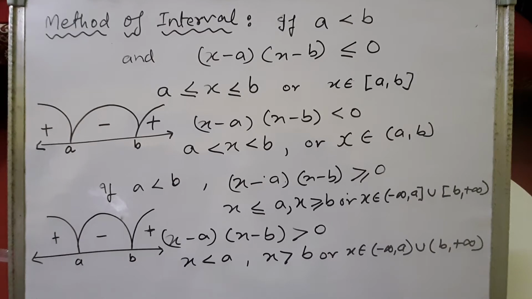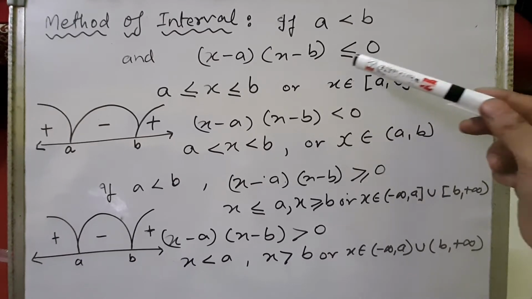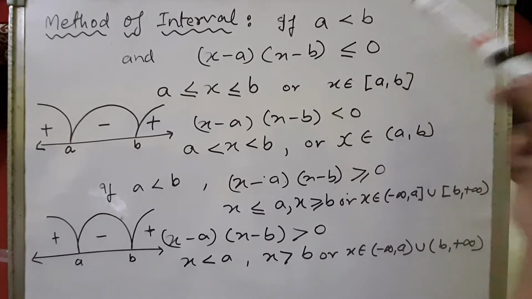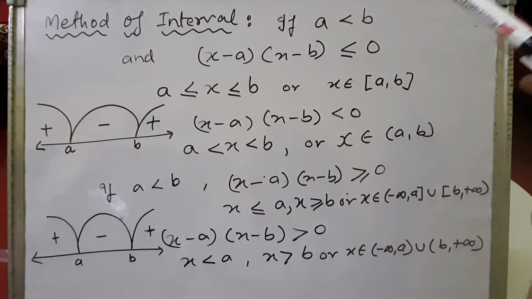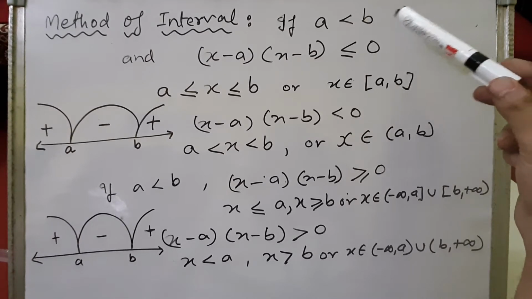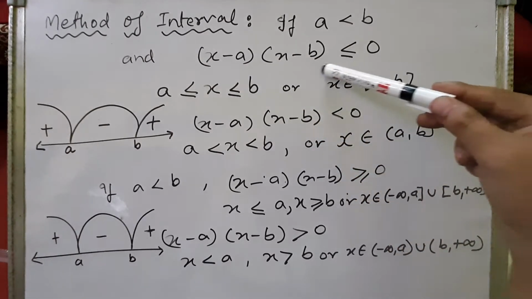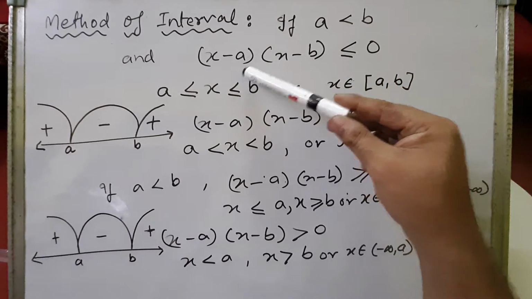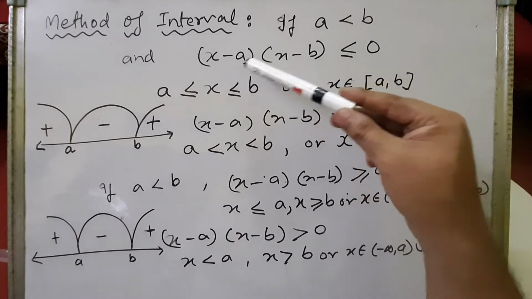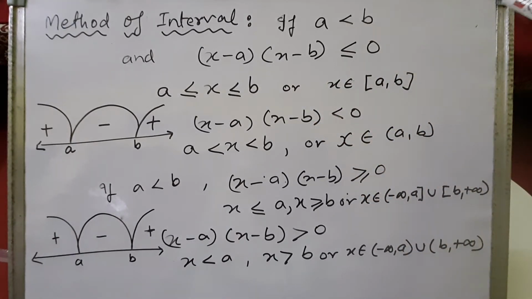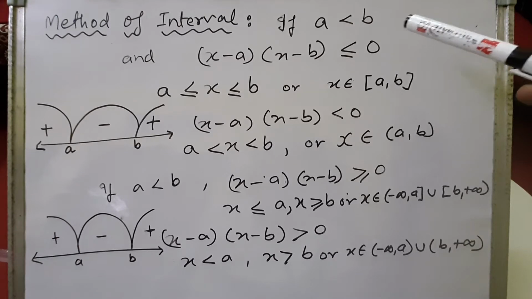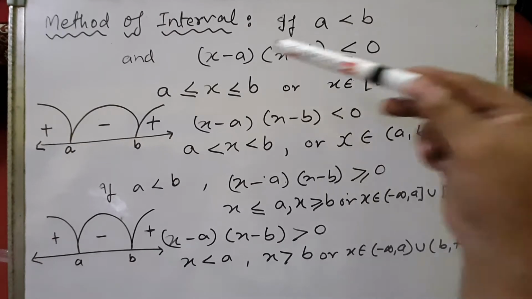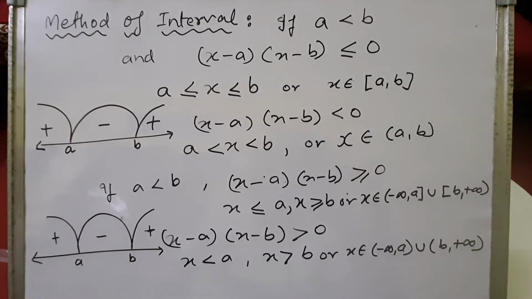Right? So on solving the inequality, we have obtained the result as (x minus a) in brackets and (x minus b) in brackets, and the value of a is less than b. This condition we always follow: whenever we factorize and write the expression, the value we write on the left-hand side is always lesser than the right-hand side. That means (x minus a), (x minus b), (x minus c), (x minus d). In this way we write the brackets, then a is less than b, less than c, less than d. In ascending order it must be written, right?